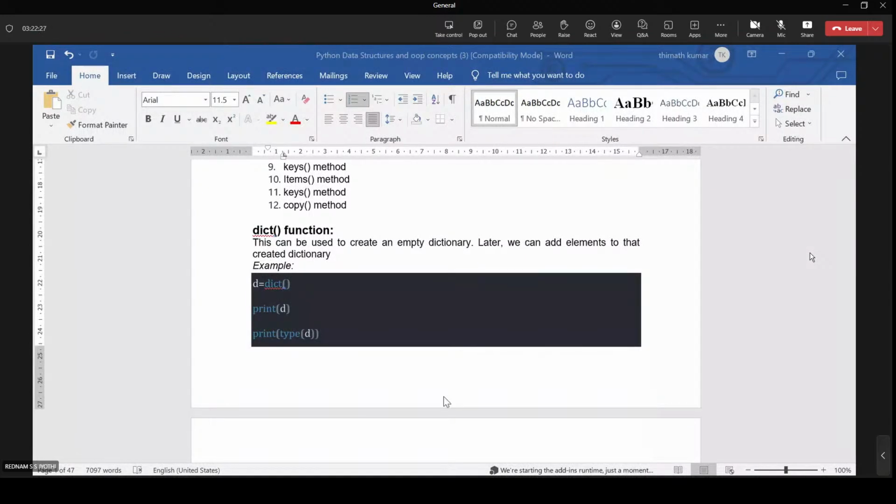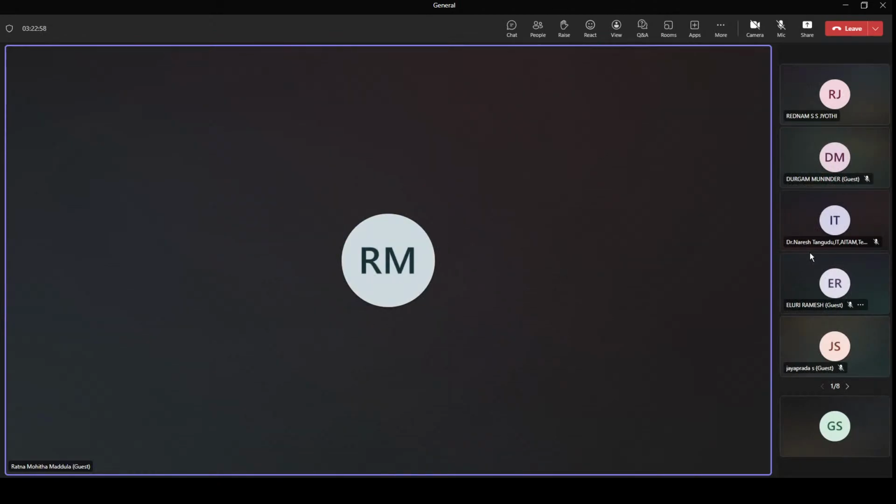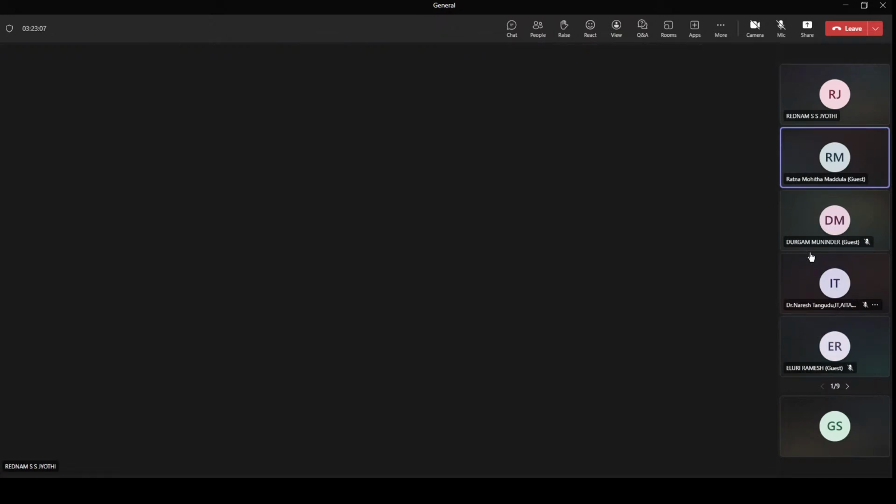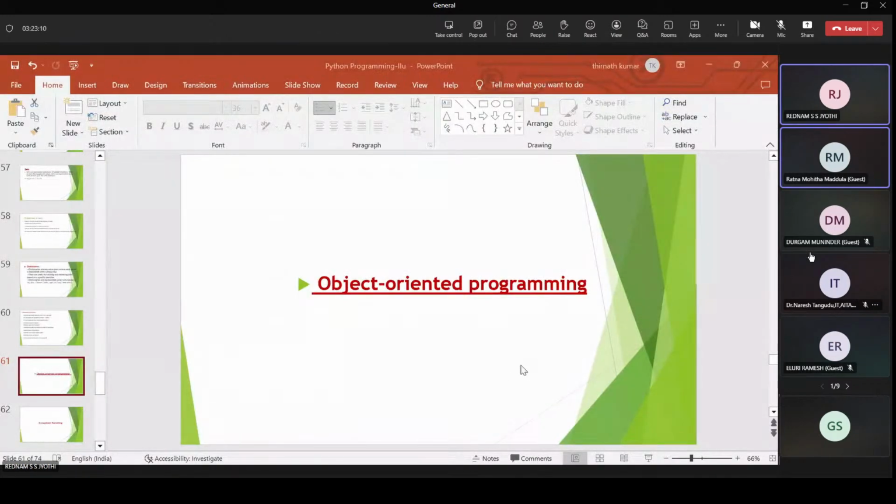So next one is object-oriented programming.